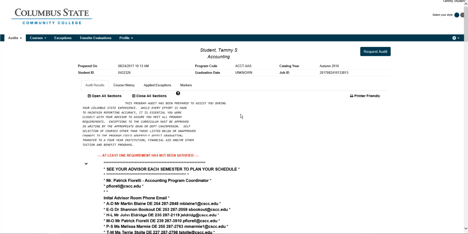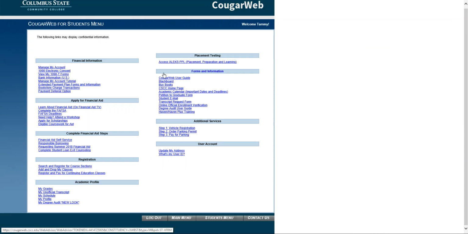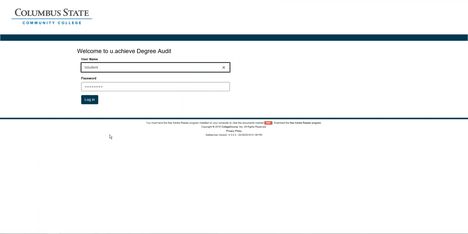Now let's take a look at what to do if you want to run a degree audit for a different major than the one you currently have listed as your own plan of study. Now let's look at the what-if feature for a degree audit report. In this example, let's say the student pulls up a degree audit report and it says that they are an